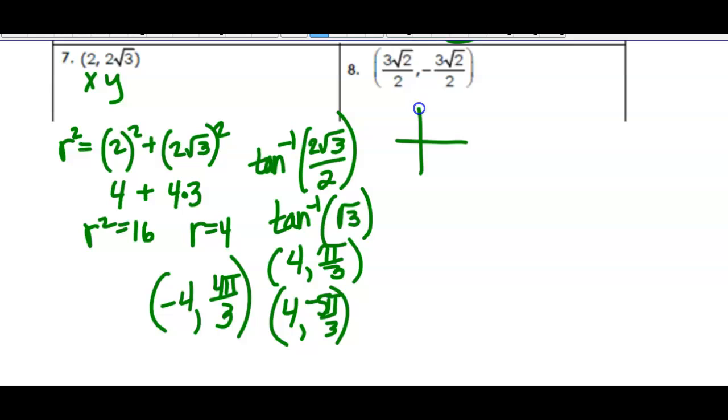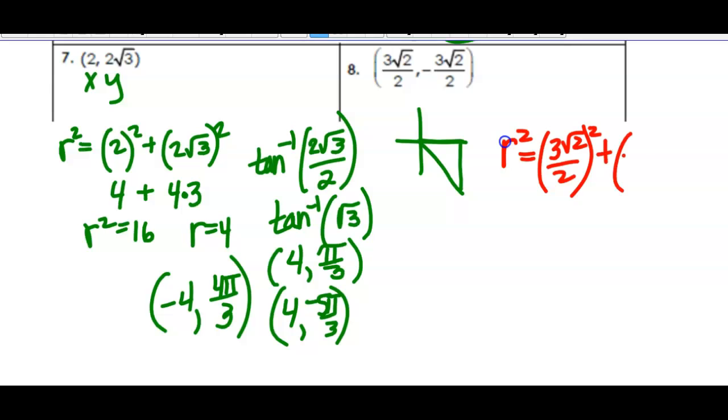If you went 3 square roots of 2 over 2 and then down 3 square roots of 2 over 2, you're right here at a 45, 45, 90. But I'll go ahead and do the crazy business. R squared is that squared plus that